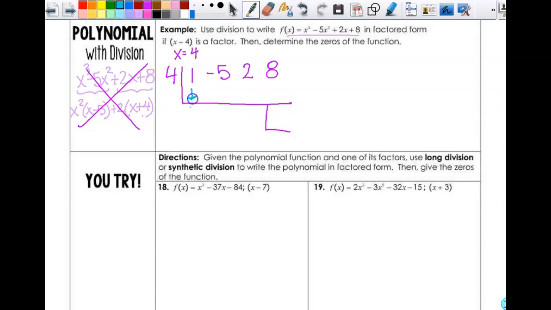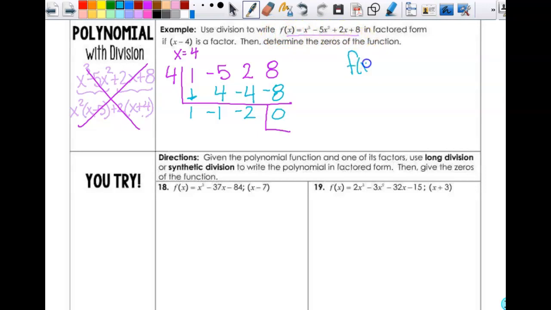Bring down my 1. 4 times 1 is 4. It's -1, -4, -2, -8, 0. Now, if I am told this is a factor, then my remainder better be 0. If it's not a factor, so if I didn't get 0 here, I did something wrong, or something's not right. So what this tells me is that this is my original f of x,